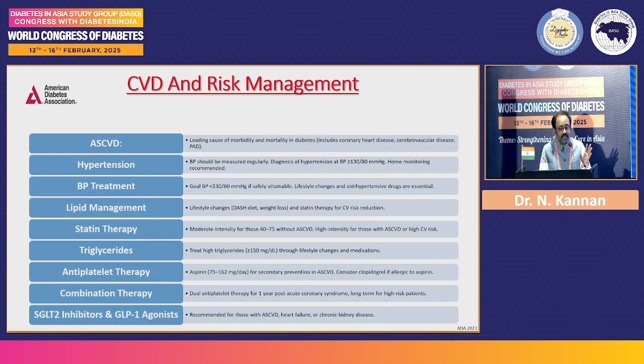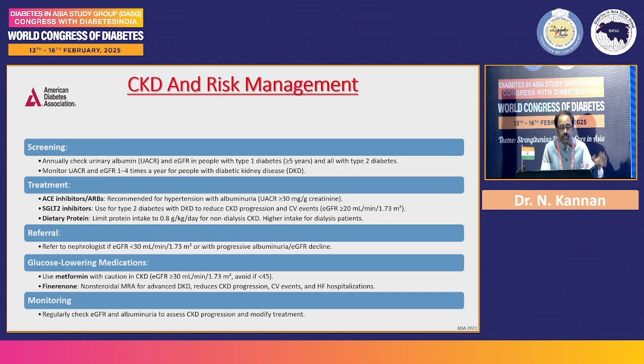Once again, risk factors should be addressed, and all diabetic patients should be screened for cardiovascular disease, because the previous speakers were talking about early diagnosis. Almost 60 to 70% of the Indian population have subclinical atherosclerotic cardiovascular disease. So identify and target hypertension, and manage lipids, because most diabetic patients will have normal LDL, but they have lipoprotein little a as well as small dense lipoprotein particles. These are highly atherogenic. So they should be identified, because we are in the modern era, to see these other lipid abnormalities, including Lp(a) as well as small dense lipoprotein.